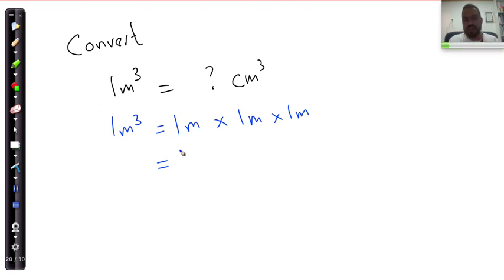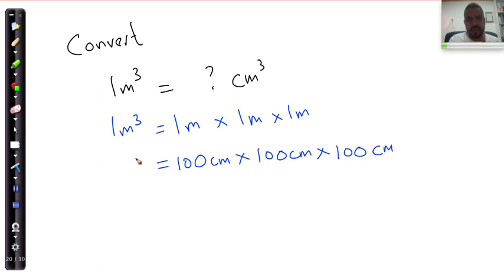Well, I take it you know that in 1 meter there are 100 centimeters, and in that meter there's still 100 centimeters, and in this one there's also 100 centimeters. Now if you multiply 100 times 100 is 10,000, and 10,000 times 10 is 100,000, times another 10 gives us 1 million. So if I multiply these three numbers together, which you can also use your calculator for, 100 times 100 times 100, that gives me 1 million,